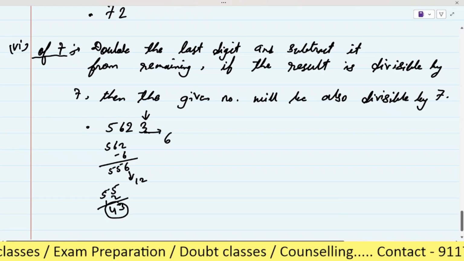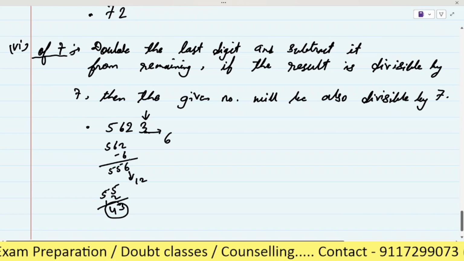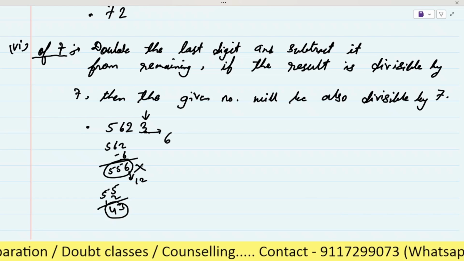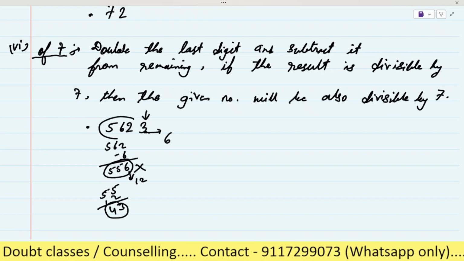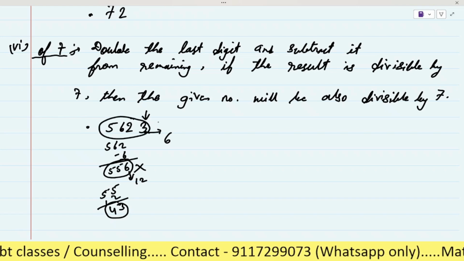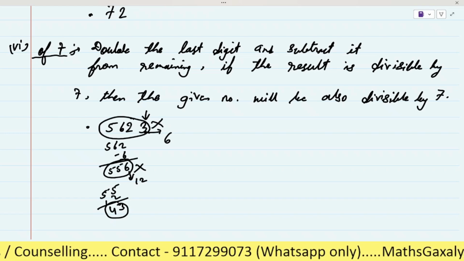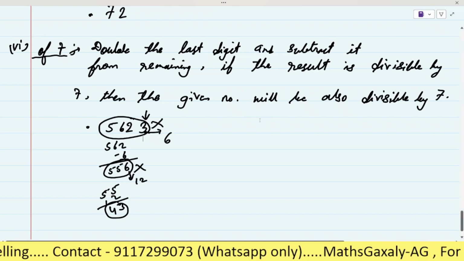Is 43 divisible by 7? No. It means 556 will also not be divisible by 7, and ultimately we can say that the given number 5623 will also not be divisible by 7. Is it clear? You can check it also.